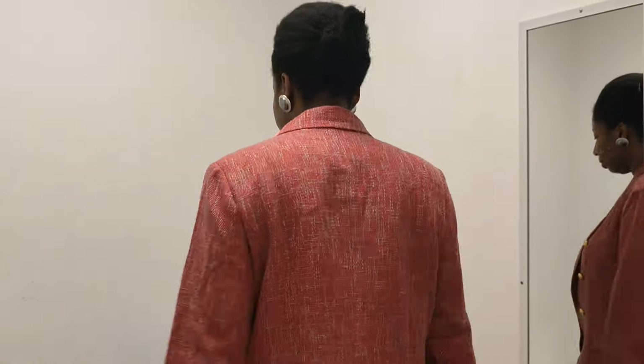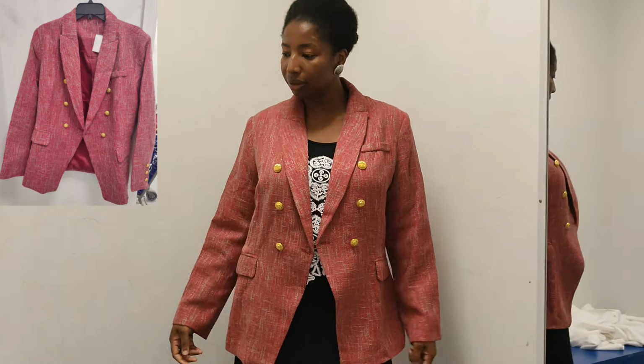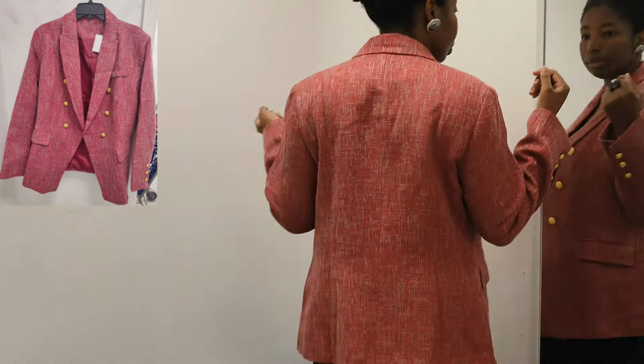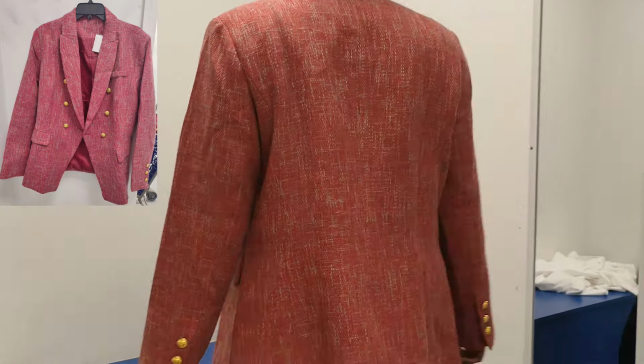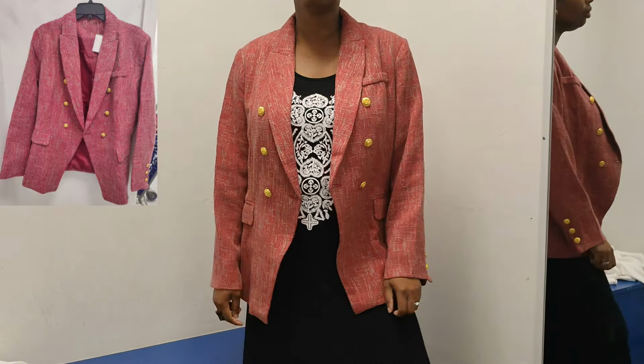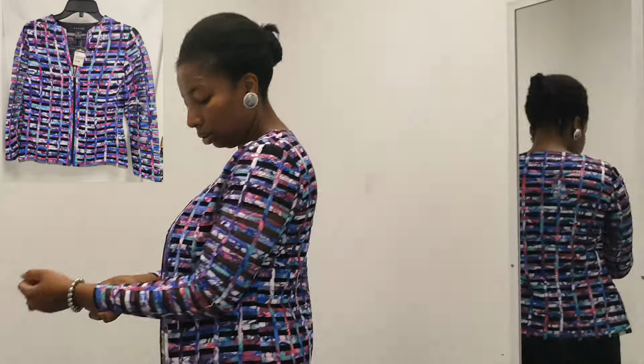We have made it to the fitting room now, sis, and I liked this Bomberman-like blazer. It was very cool. I like this color, and the buttons make it. I mean, the buttons are the stars of this jacket. I love the golden accent, but I didn't buy this. And then remember that kind of like cage mesh